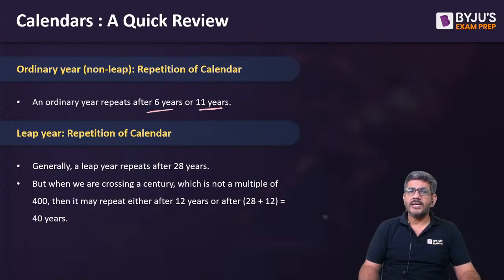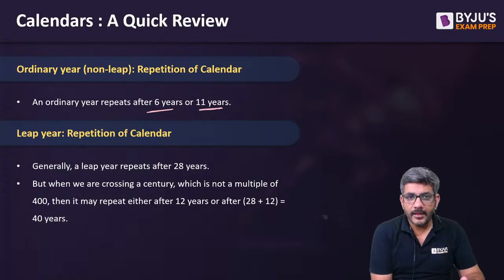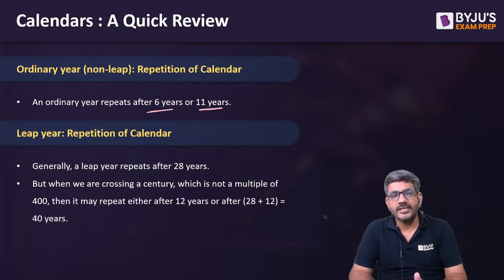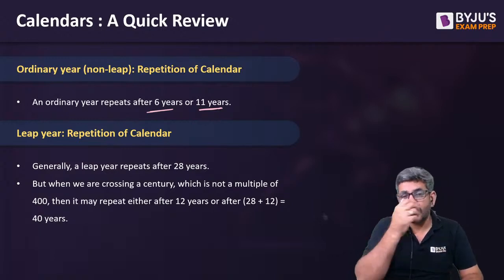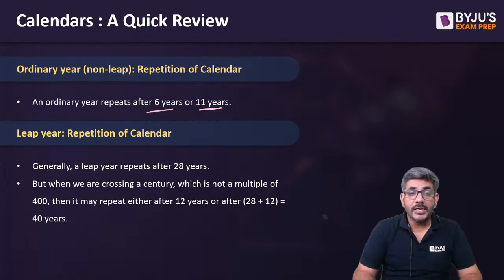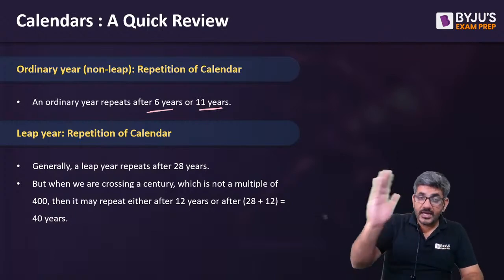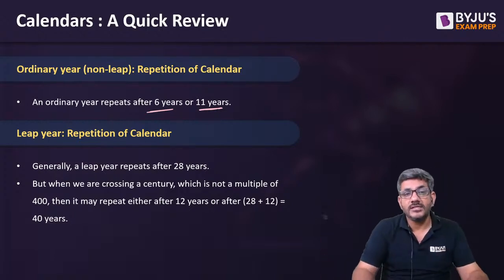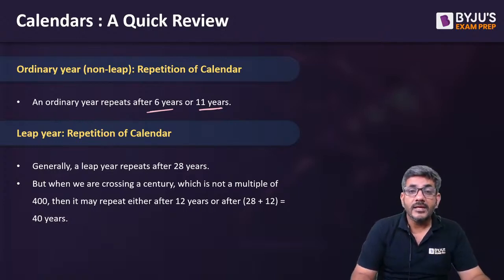So sometimes you might say that there is a year, उसका first day Monday है, and after 5 or 6 years I get to know कि एक और ईयर आ गया, उसका भी फर्स्ट डे जो है वो मंडे है, लेकिन मैं ये नहीं मानूंगा कि वो रिपीट कर रहा है. Reason, because that year might be a leap year and this year is not a leap year. Because of that this might happen. ठीक है. Whereas when I talk about a leap year, the calendar of a leap year can repeat after either